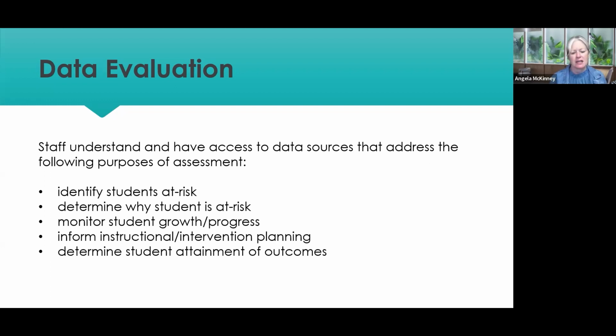And I think sometimes classroom teachers, they have access to certain data. They may need a broader access than we originally thought. And we also don't want to have them dig really hard for data because they won't. They don't have time. They simply do not have time. So having access, but then also having a good understanding and having data that answers these different questions. And sometimes we have data that answers some of the questions, but not all of them.